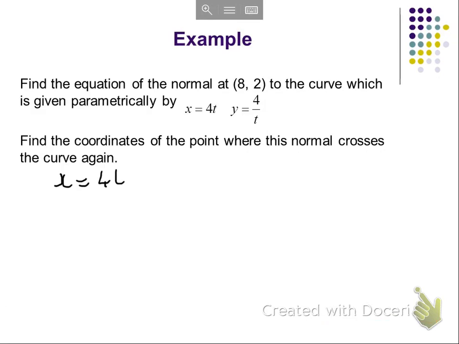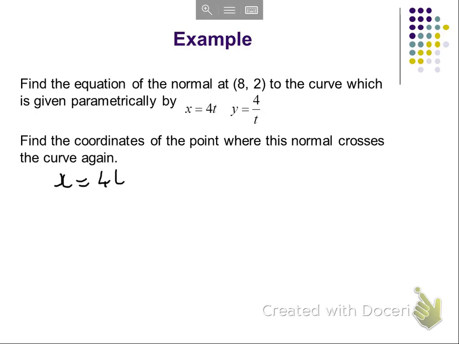Now in this example, we've been asked to find the equation of the normal at the point 8, 2 to the curve which is given parametrically by x equals 4t and y equals 4 over t. And we've been asked to find the coordinates where this normal crosses the curve again. So the normal meets the curve at the point 8, 2. We want to work out the other coordinate. So we can see here that we're going to need to solve these equations simultaneously. So we'll find the equation of the normal, and we also need to write our parametric equations as a Cartesian equation with y as the subject,